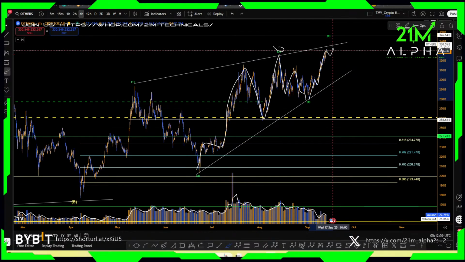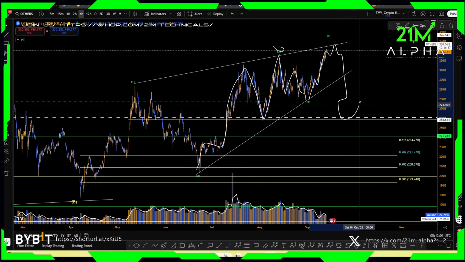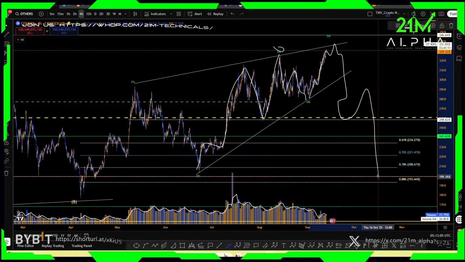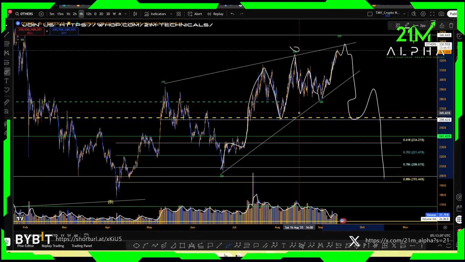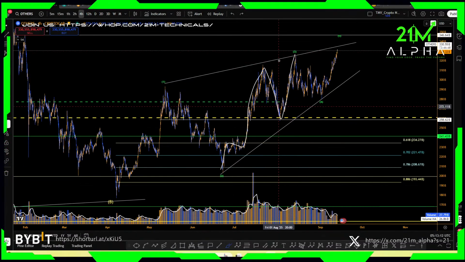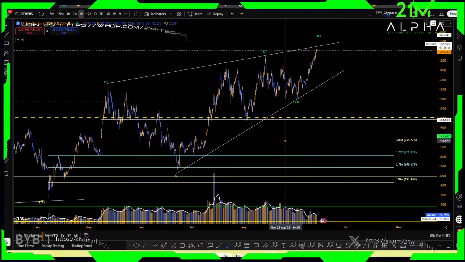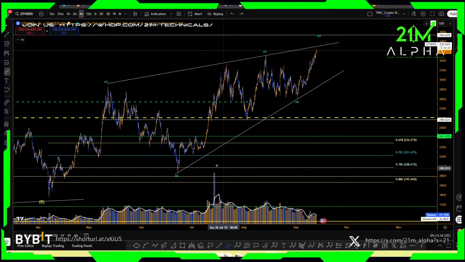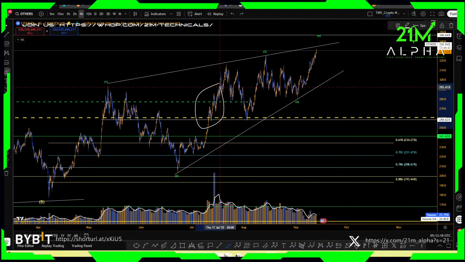1, 2, 3, 4, 5. That's your wave 5. And then we go for a dump like A, B, C. This is another wave count that we can have at this point, because this can be wave 3 as well. The only issue I see in this whole wave count is we are seeing a bigger volume here and